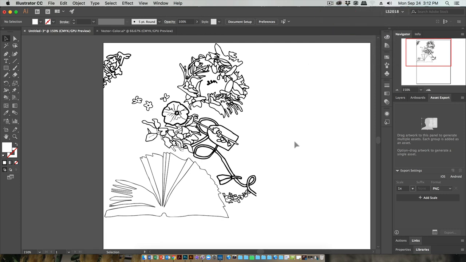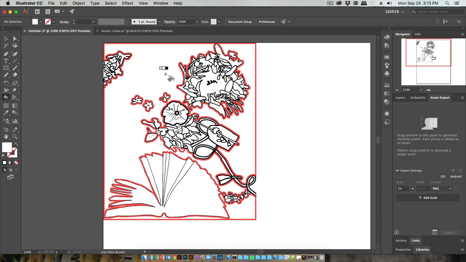Okay, now this is where it starts to get real fun. The ability to live paint it. So the live paint bucket is over here in your tools. You'll probably see this shape builder tool first. You just right click and choose the live paint bucket. And as you move over your live paint group, it will highlight in red everywhere you could paint if you